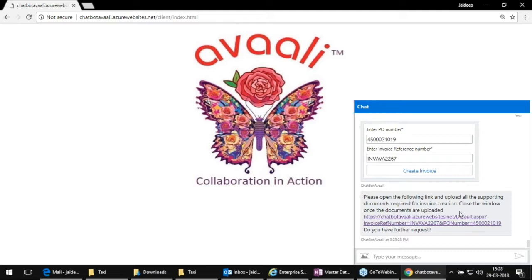Okay, so there's one more question. What happens to a duplicate upload of an invoice? If you have an AP automation solution, it works exactly the same. When you scan or take an invoice through the email channel, the validations based on the exception for duplicate invoice will be followed, and it will work exactly the way it works in your AP automation solution.